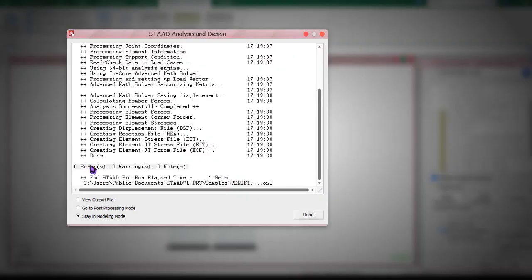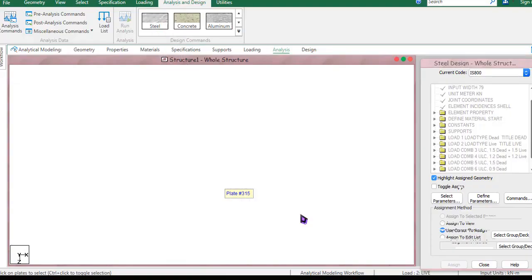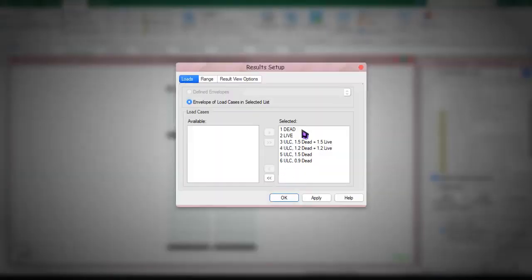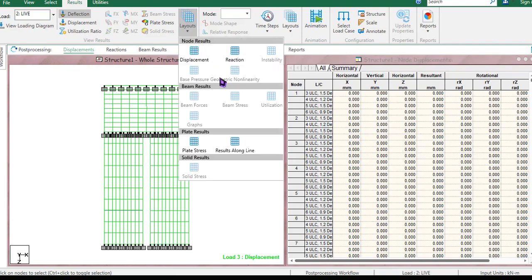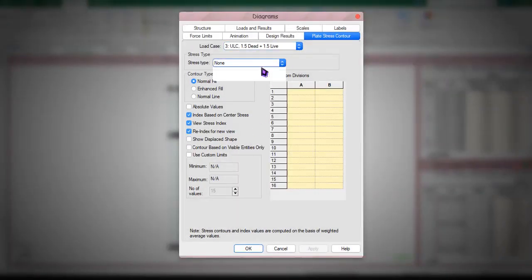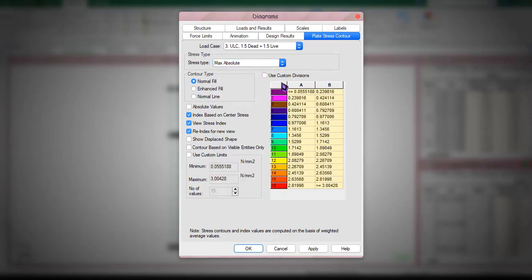Important things: there are no errors, and the warning is not a big deal. The primary thing that we would like to check is the plate stress. Plate stress comes to be the maximum absolute. Those numbers